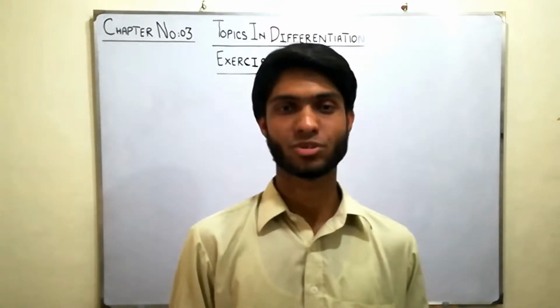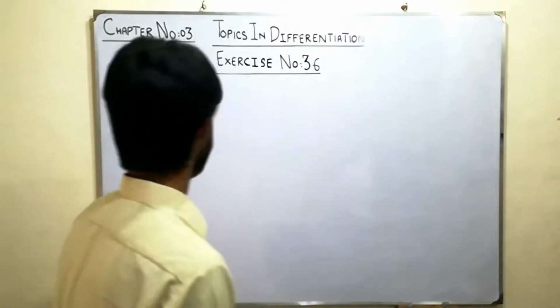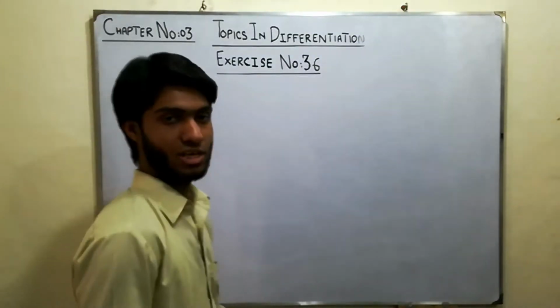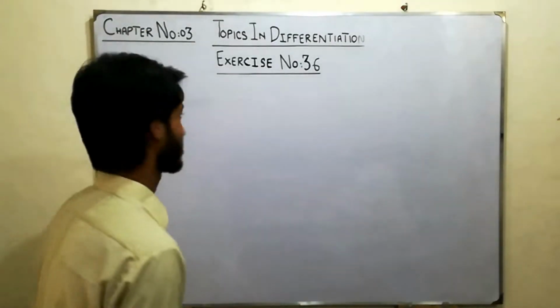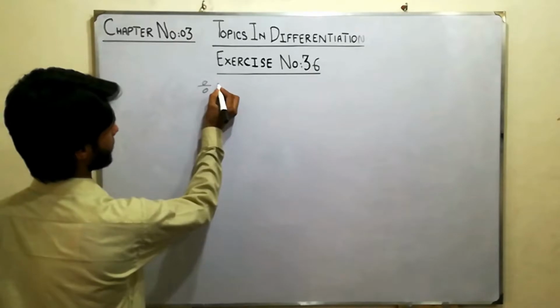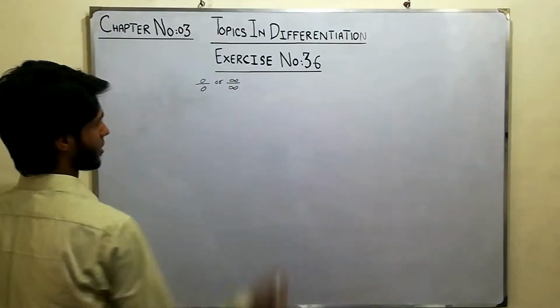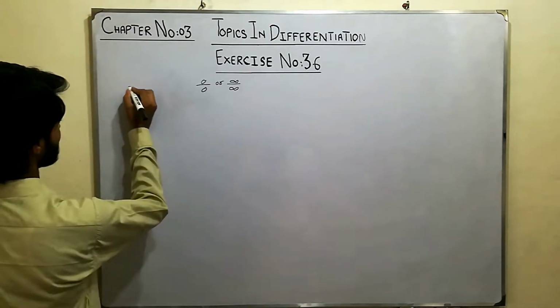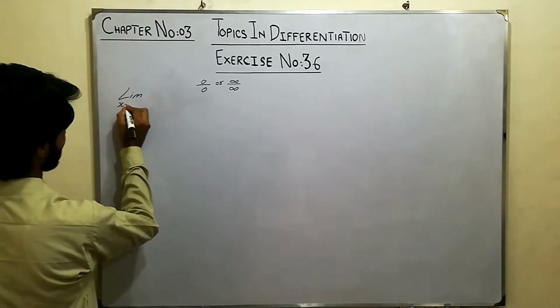In exercise 3.6, we study L'Hopital's rule. And what is L'Hopital's rule? L'Hopital's rule has two cases. Case one is that if we put the limit in a function, we have the form of 0 by 0 or infinity by infinity. Let's suppose we have a function, limit x approaches 0,